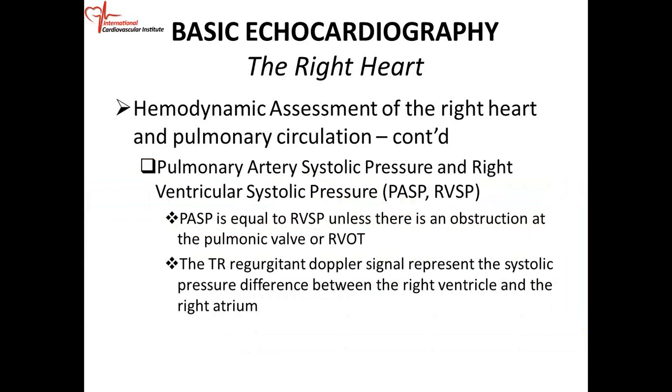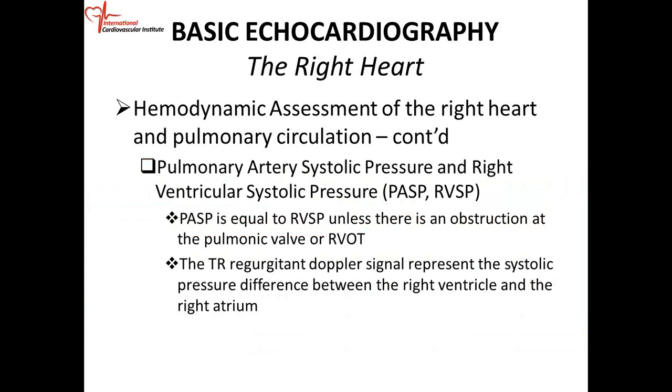So to assess right ventricular systolic pressure, we look at the TR jet, because the TR jet represents the systolic pressure difference between the right ventricle and the right atrium. The reason you get blood flowing from the right ventricle into the right atrium is because the pressure in the right ventricle is greater than the pressure in the right atrium. In systole, there's a pressure gradient driving the blood from the right ventricle into the right atrium. And your TR peak velocity,